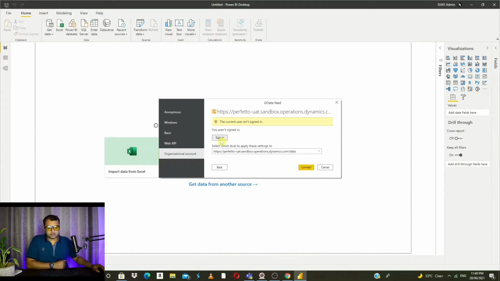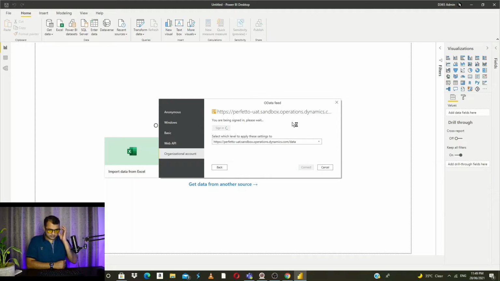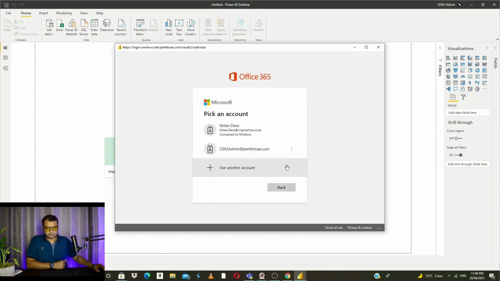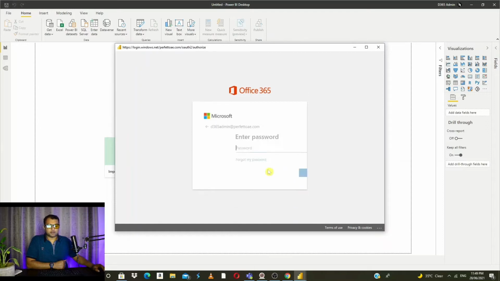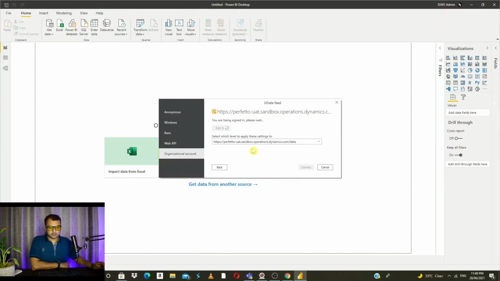We need to first sign in for our authentication. It will prompt me to use an account. It can be your organization account, or if it is your local environment, then it would be your local environment account. Once you are signed in, click on connect.